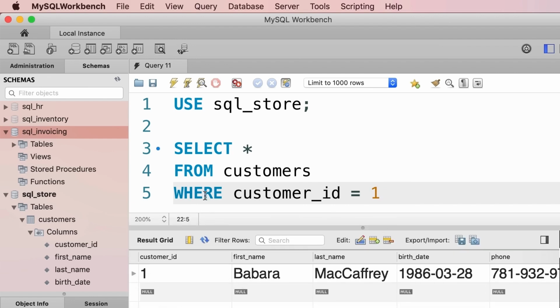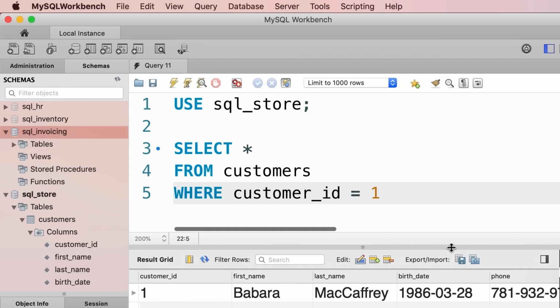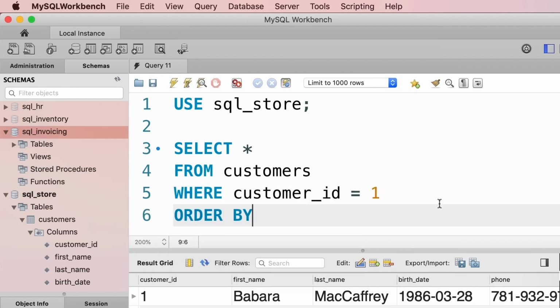We can also sort the data. So after where we use the order by clause, and here we specify the columns that we want to sort the result on. Let's say we want to sort these customers by their first name. So we type out first_name. That is the name of one of the columns in this table right now. If you execute this query,